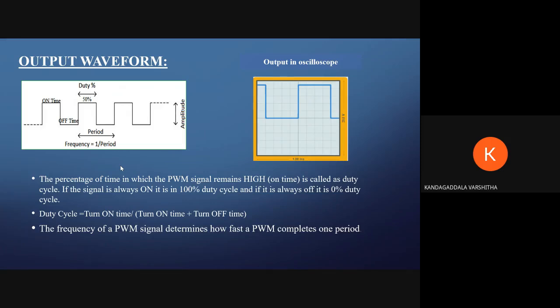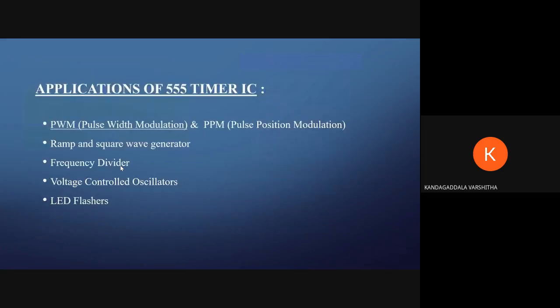Let me discuss some advantages of pulse width modulation. Pulse width modulation gives output as a digital signal, which reduces noise and gives an output as a square wave, and heat dissipation is also very low, and the average value is proportional to the duty cycle. So variation in pulse width leads to a change in output, which can be easily controlled. It has very few disadvantages: complexity, as the circuit is very complex and huge, and voltage spikes and radio frequency interference. And a few applications of the 555 timer.